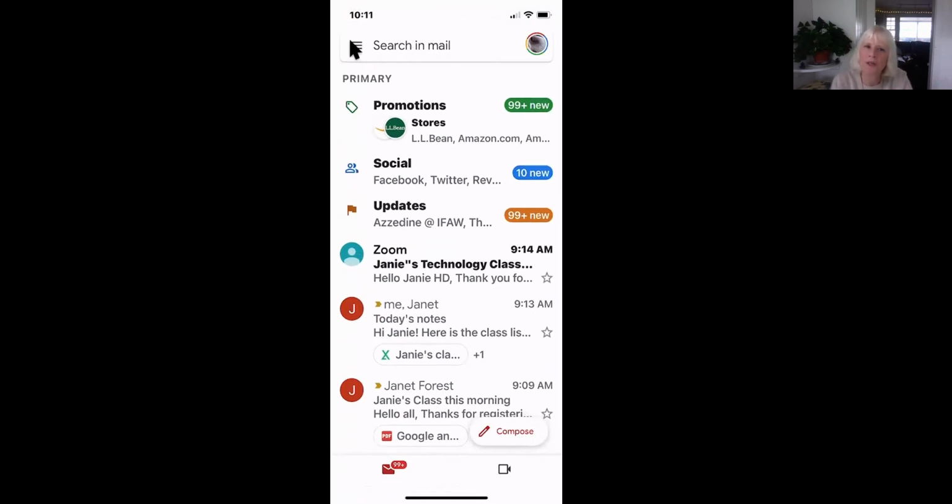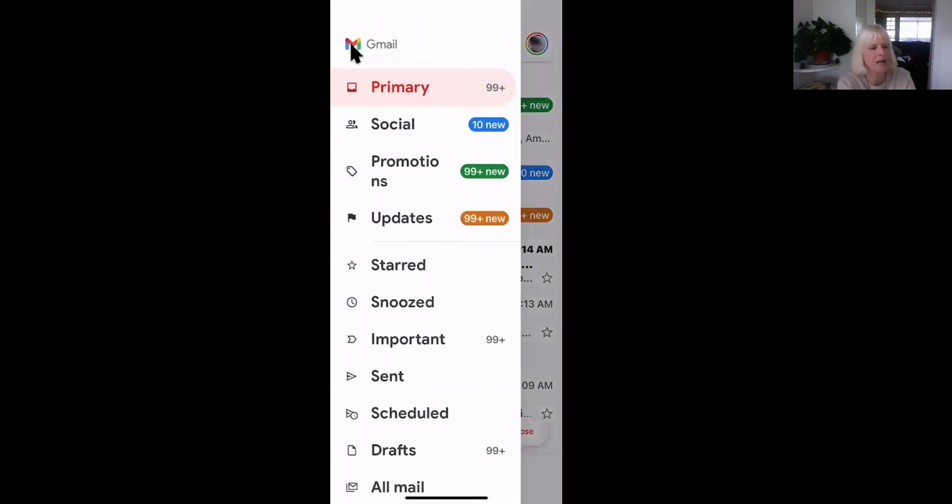I want you to notice these 3 lines up here. Now, if I click on these 3 lines, this is how I get to the settings for my Gmail. So I'm going to click on these 3 lines in the upper right-hand corner. And this is what Jerry was talking about. Gmail can sort your mail